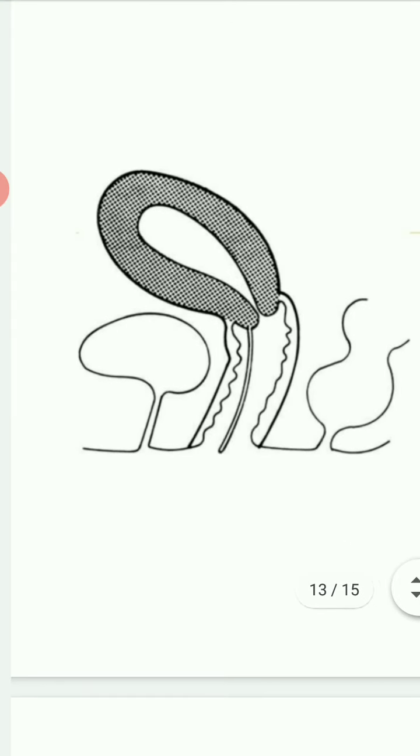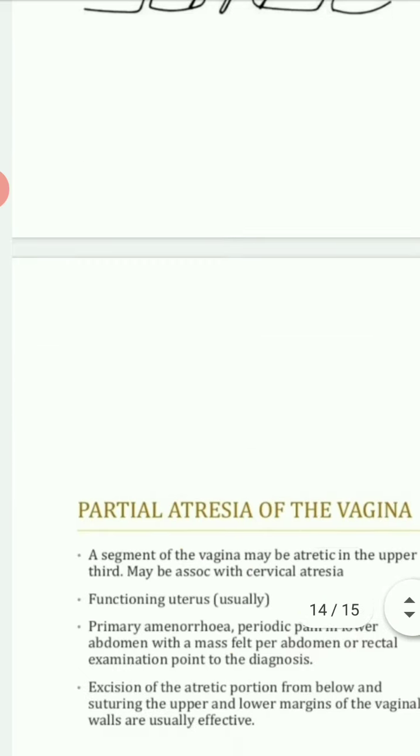You can see the figure here, the septate vagina. This is the uterus, this is the cervix, and this is how the vagina comes. Okay. Then